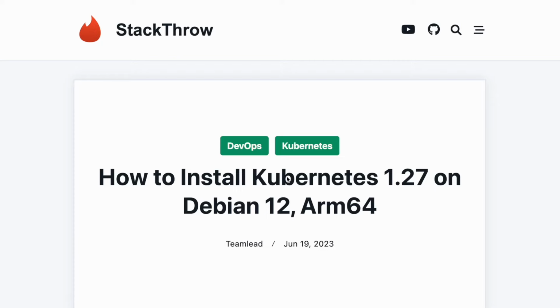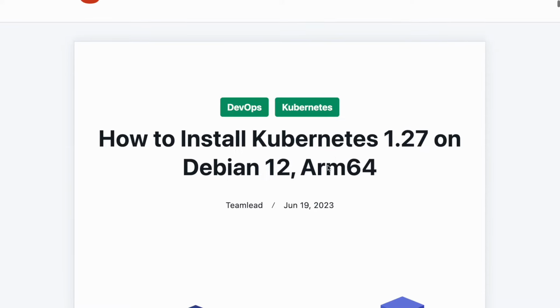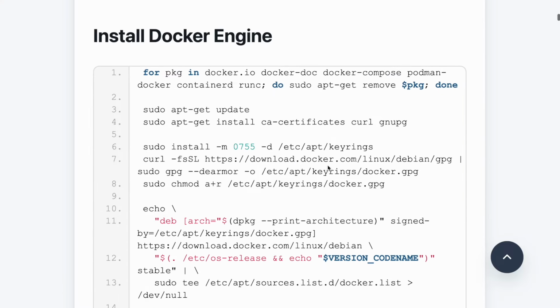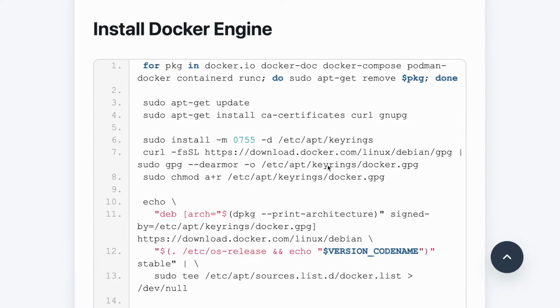Guys, in this video we will discuss how to install Kubernetes 1.27 or probably an earlier version on Debian 12 and Arm architecture. Before anything else, you need to understand some basic Linux administration and performing some console commands. In this slide you can see that you need to install Docker first,